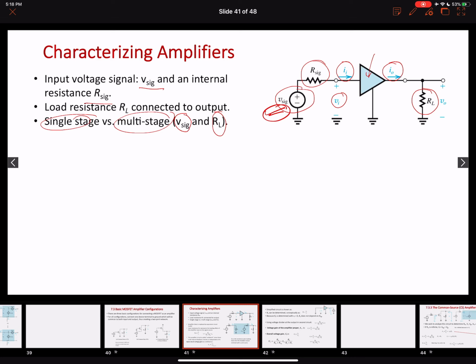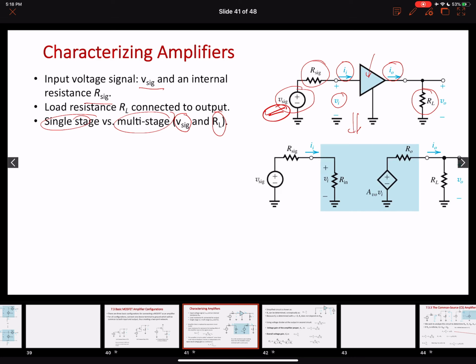Okay, so let's delve deeper into this amplifier circuit. If we open up this circuit, we get something like this, and we have discussed that in an earlier part of the course as well. So this Rin is the input resistance of the amplifier, which represents the